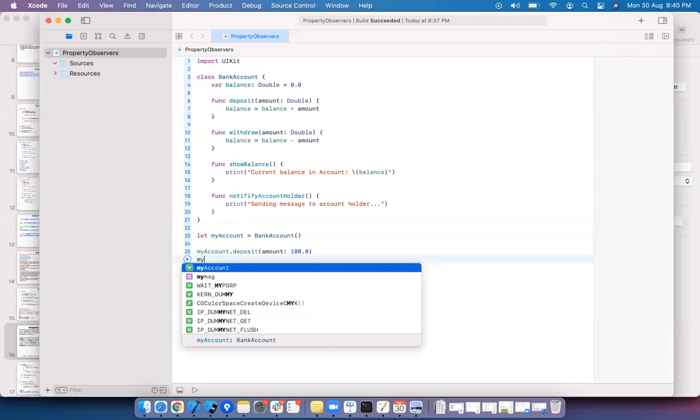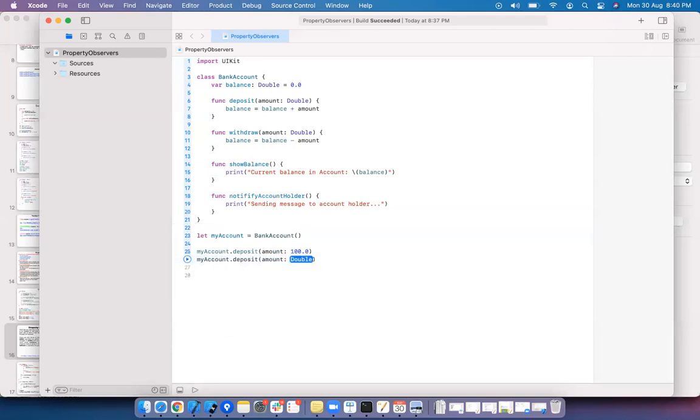And again, I will deposit 200. My account dot withdraw, I'll just withdraw 200 rupees. I'll again withdraw 100 rupees.